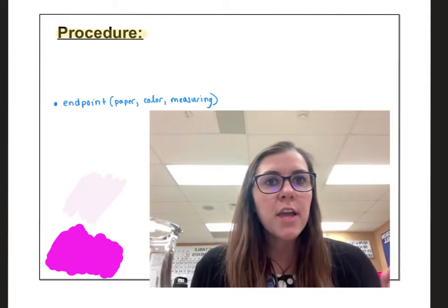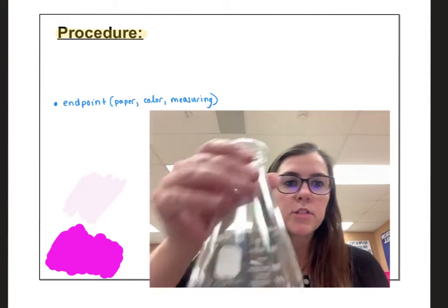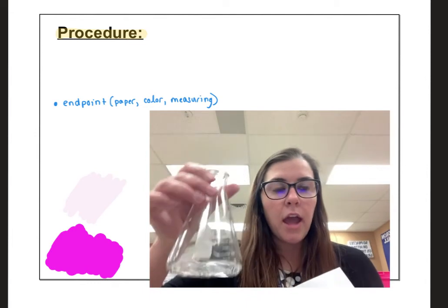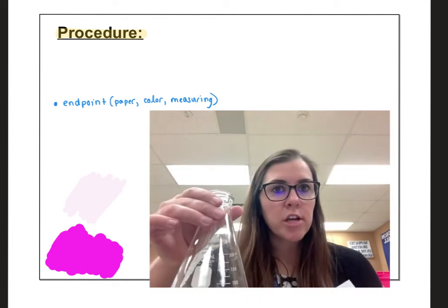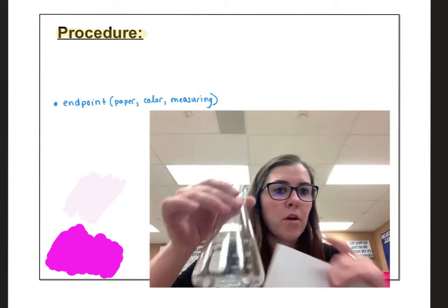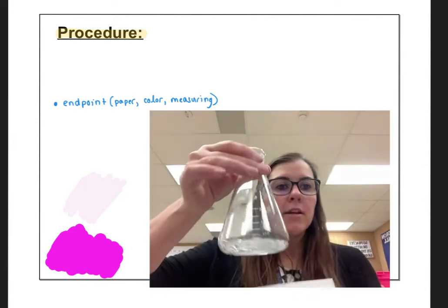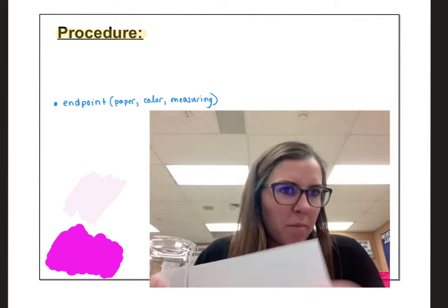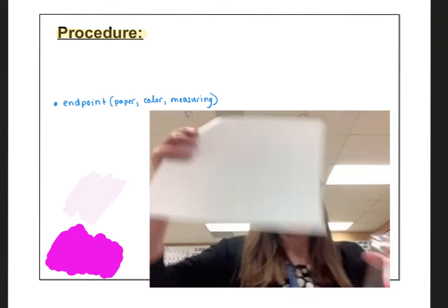All right, you've reached the end point. So you think that when you swirl, the color has stayed and you haven't overshot the titration, you think you're done, you're not gonna add any more, you've done slowly drop by drop. So a good way to check, I'm not actually done, but work with me here, people. Good way to check